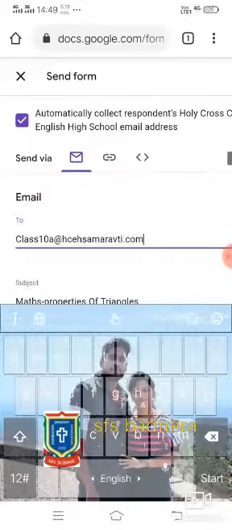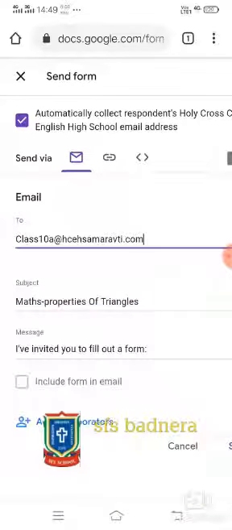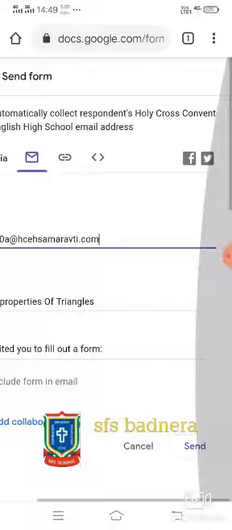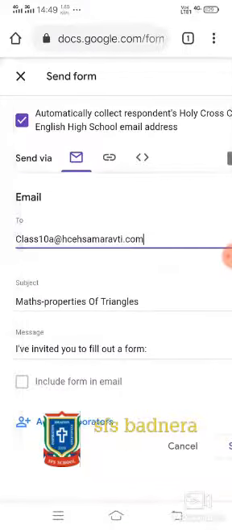Okay, say this is your email ID, and if you are simply clicking on send, that particular class students linked with that class email ID will get this mail. Okay, this is one way of sending.